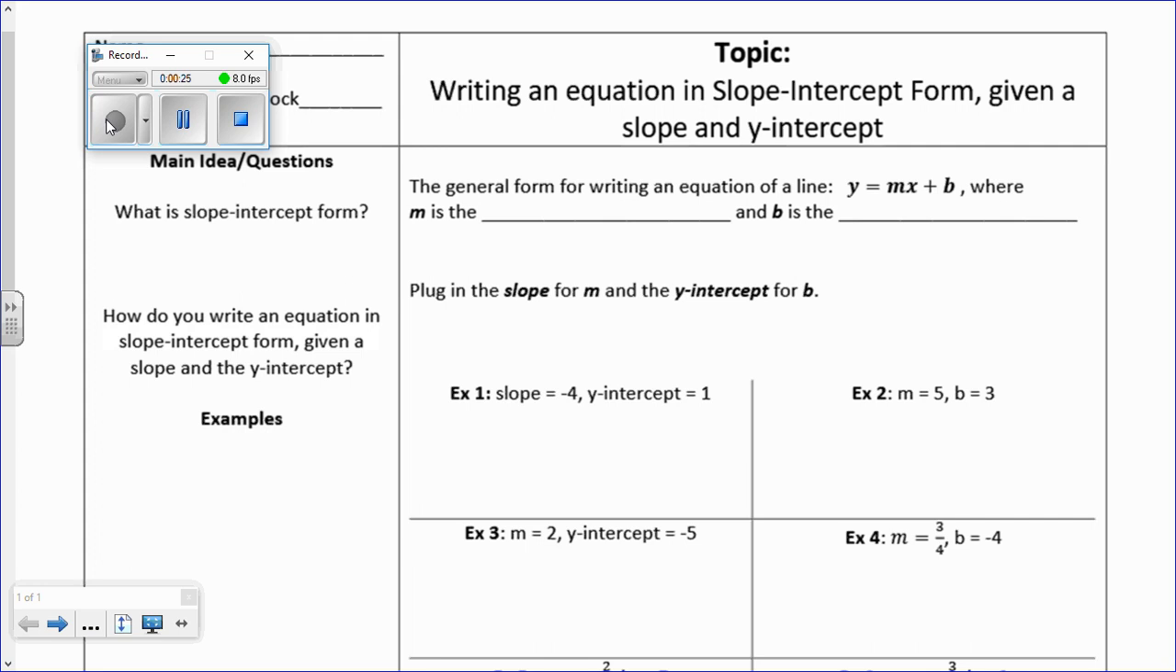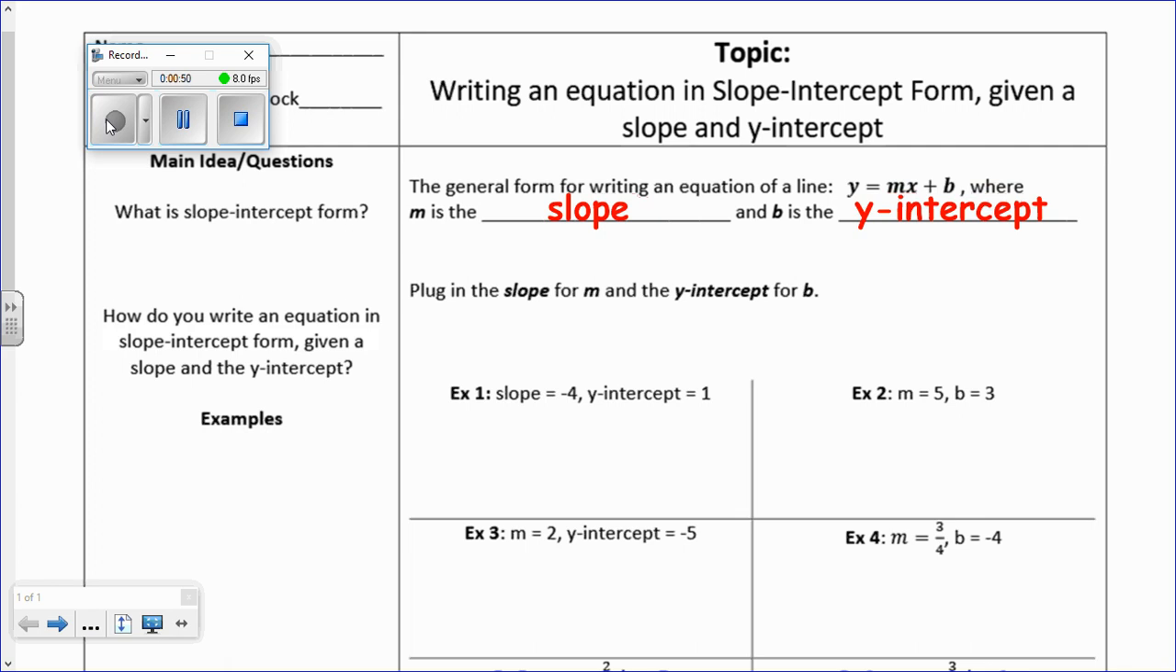So first of all, what is slope-intercept form? Slope-intercept form is the general form for writing an equation of a line. We call it y equals mx plus b, so that's the form where m is the slope and b is the y-intercept. And so when we write the equation, we leave the y and x, we only replace the m